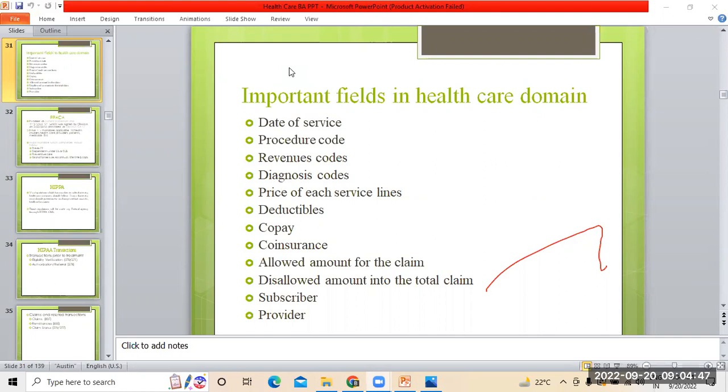So the Jira part will be covered from day after tomorrow. Next 2 days, Jira will be covered for you. So that practical part is the balance. After this healthcare topic, the next is Jira, because agile is completely Jira, right? So I'll be discussing that there. Clear? Any questions?